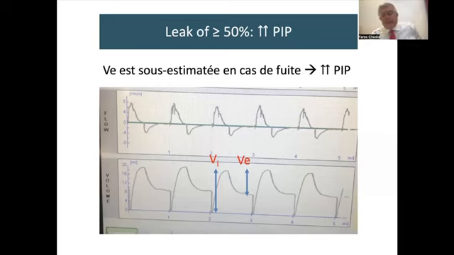There is, in all volume guarantee modes in every ventilator, what's called leak compensation. So if there are 10, 20, 30%, up to 40, some say 50% leak, there will be compensation for that, and the machine would know that there was a leak. It will adjust to it, and the PIP will not shoot up. But whenever the leak exceeds 50%, I will take out the volume guarantee because I would think that the leak compensation might not be totally correct. So a heavy leak could increase the PIP. This is the message.